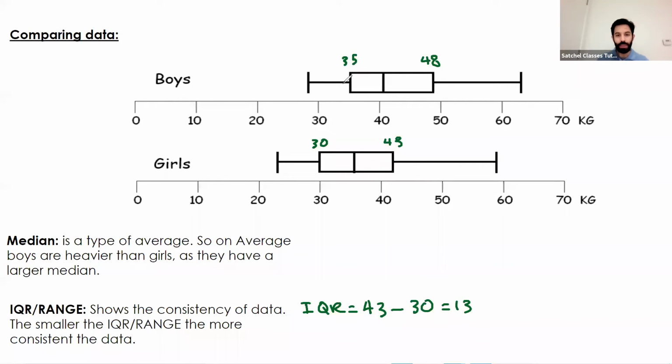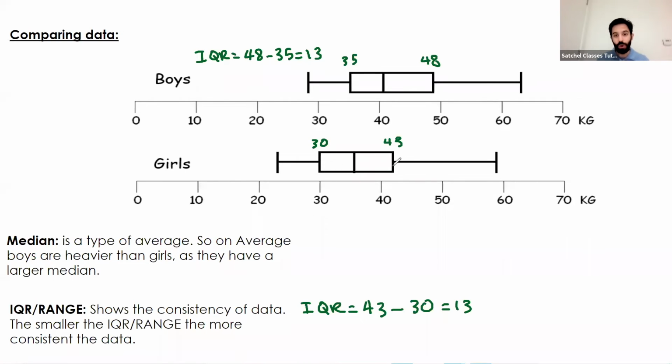For the boys, the IQR is 48 minus 35, which again gives us 13. So in this case, it might be better to use the range to make a comparison, but you can say the IQR for both boys and girls is the same,